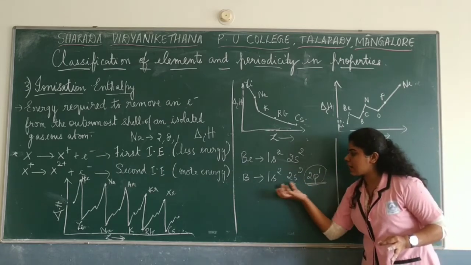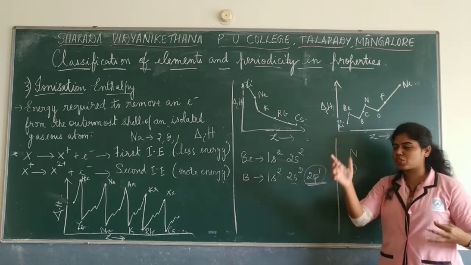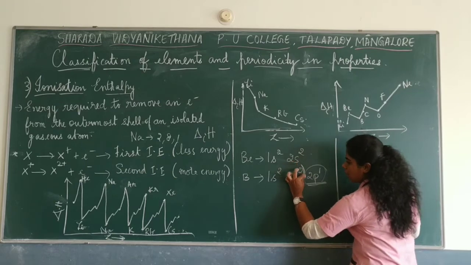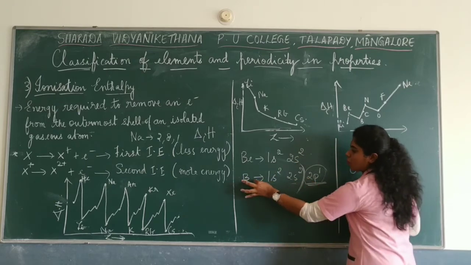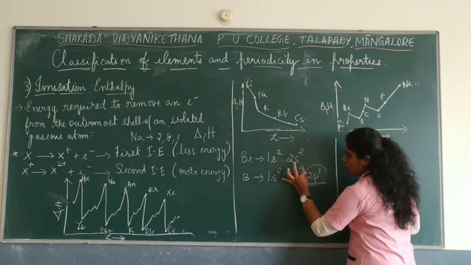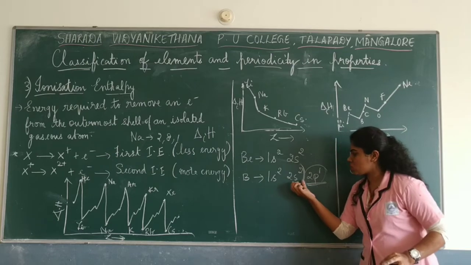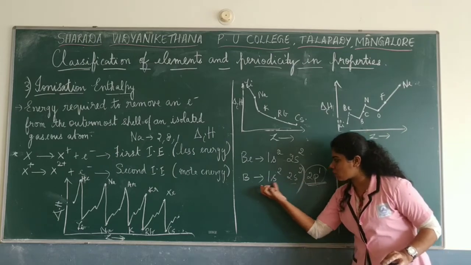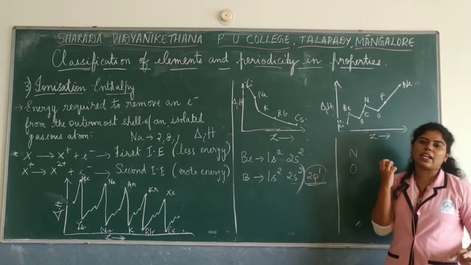Because these are inner electrons here, correct? They start shielding them. Remember shielding? So this will prevent the attraction from the nucleus. The nucleus of boron does not attract the 2p electrons when compared to these. So these will act as inner electrons and they shield them. Got it? So it is easy to remove an electron.